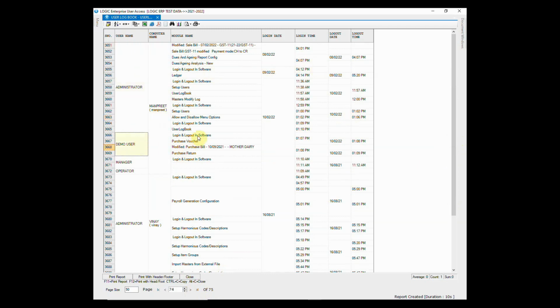As you can see here, the report is showing the login and logout time of demo user. It also tells us that demo user has modified a purchase voucher. So, you can keep track of all activities of different users.